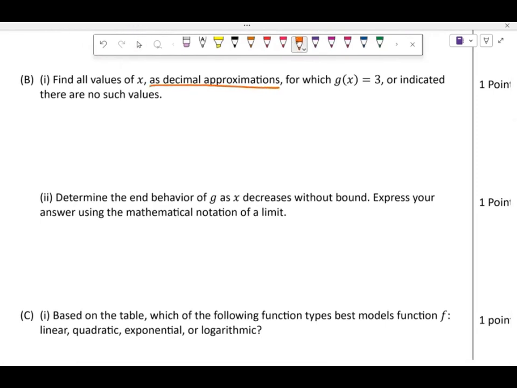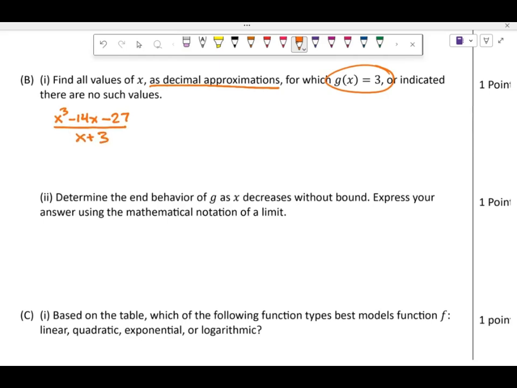All right, B1. Find all values of x, and how do they want our values of x? Decimals again. For which g of x is equal to 3. So how do I do that? g equal to 3, or indicate there's no such values. What is g of x? What do they give us as g of x, guys? x to the third minus 14x minus 27 over